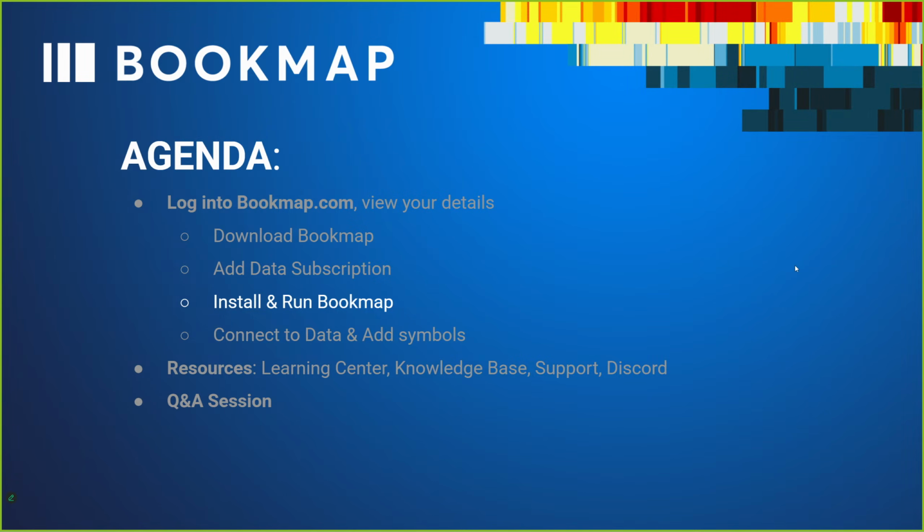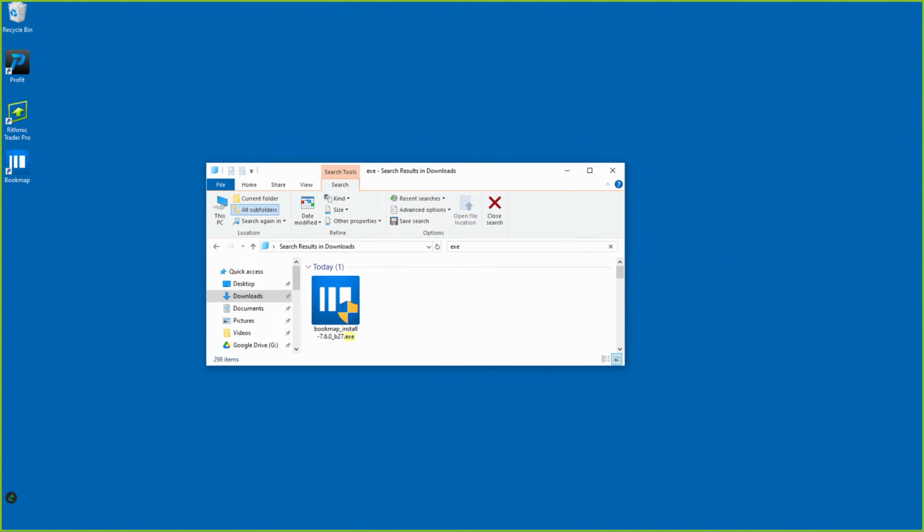So now once you've added your data, you then want to open up Bookmap. So what we're going to do from here is we're actually going to open up Bookmap. I'm going to open Bookmap and show you guys how to go through this. So before we open up Bookmap, there's actually, as you can see, a few different options that we can select,